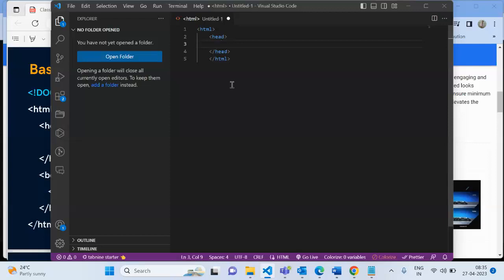So to identify this is the HTML file or this is the HTML document, the head is important. Without the head, we can't identify that it is the HTML file. You understand? You're able to understand, right? What is the head? Head in the sense that without the head, we can't identify that is the HTML file.